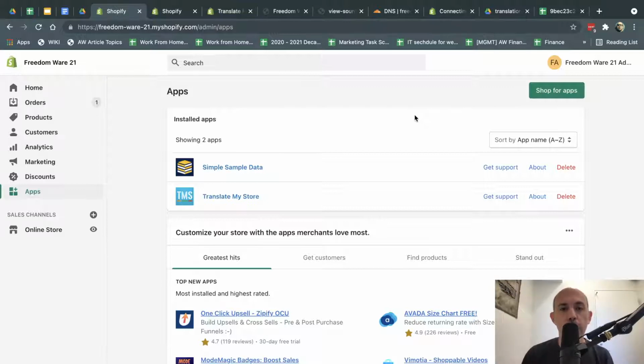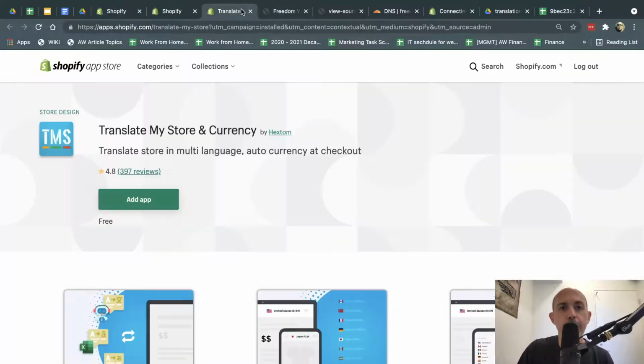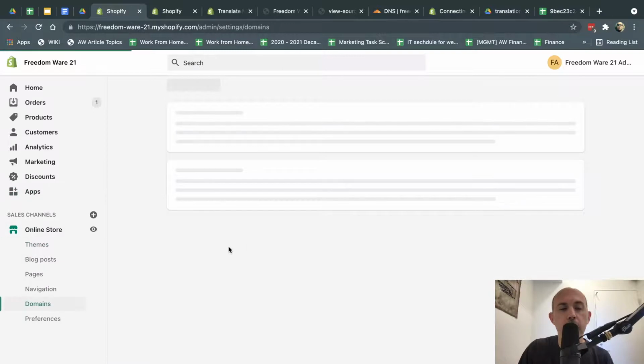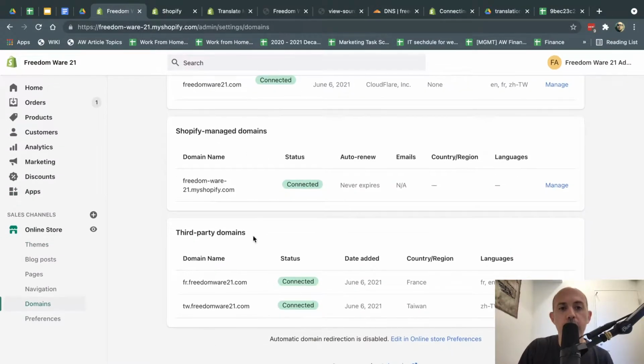One more thing I almost forgot. If you want different countries, for example, what we've set up, let's go right here, domains. If you have more than one country, you have to use the Shopify plan or higher, the $79 one, in order to support this, to have different languages and different domains for your countries. Other than that, most of the other things you can do with any plan.